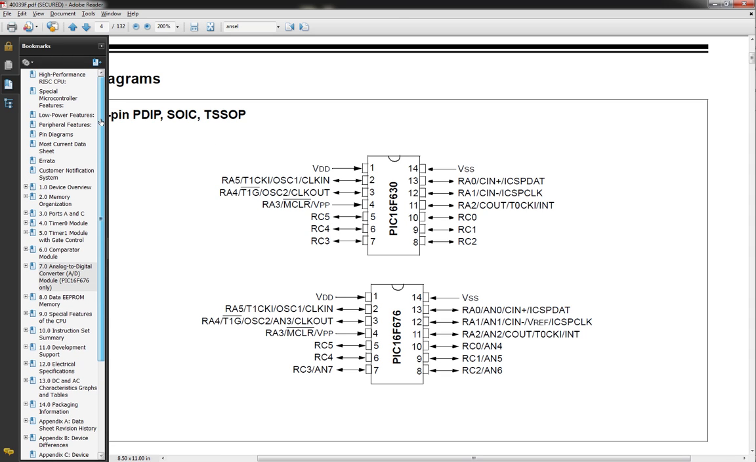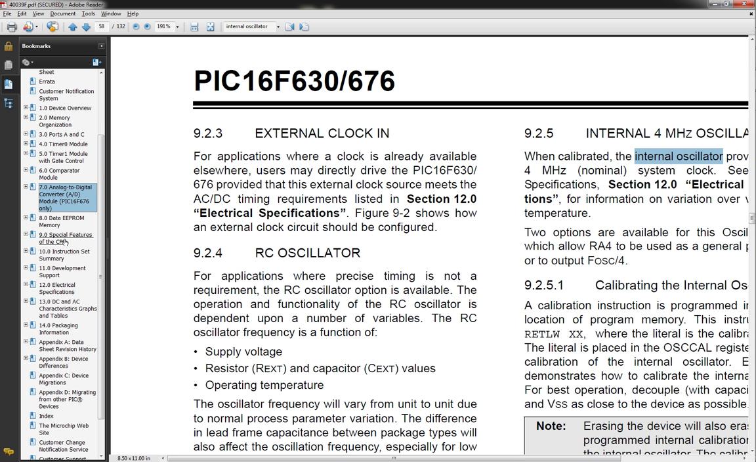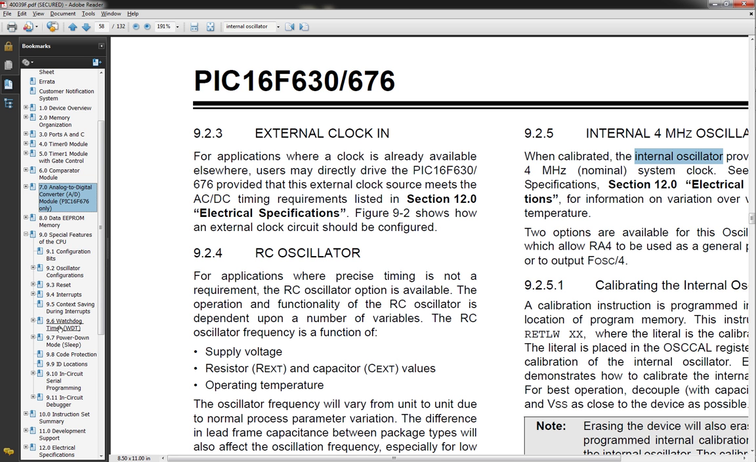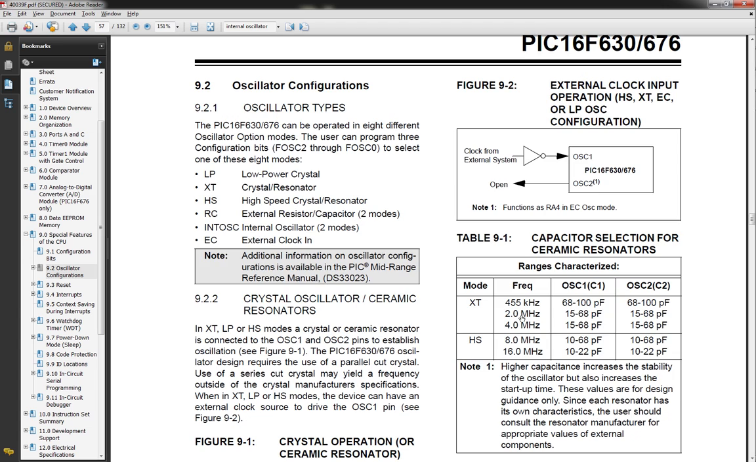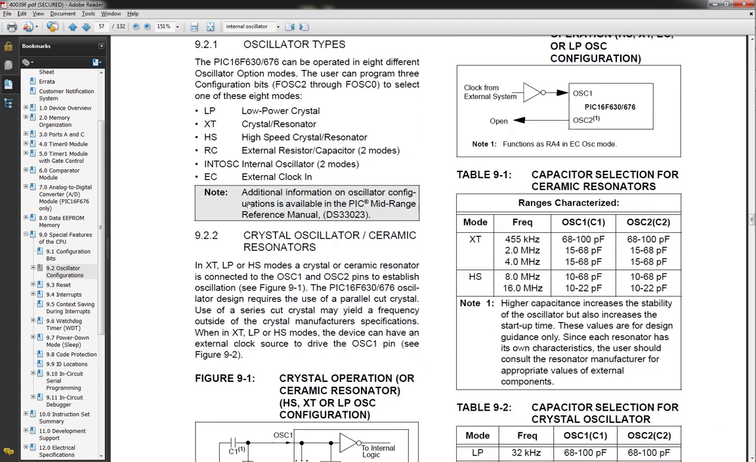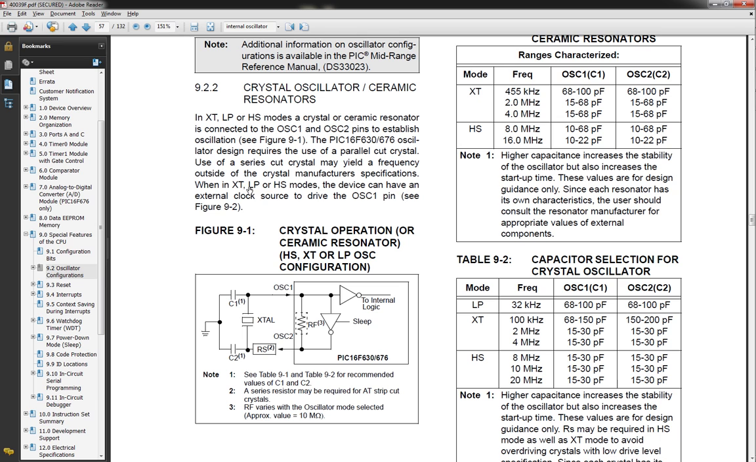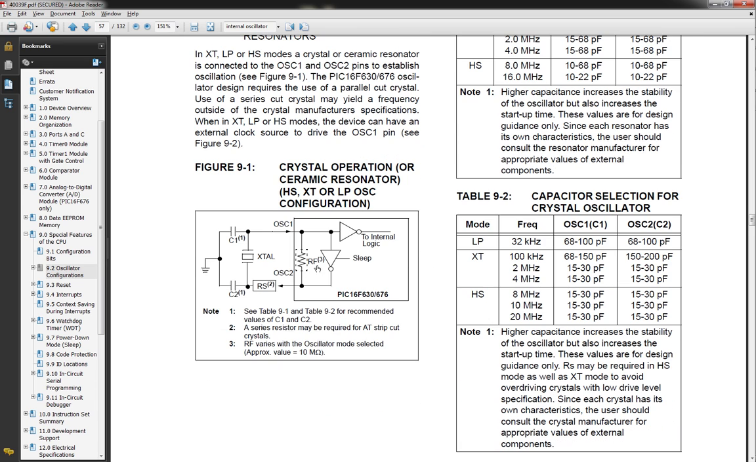It's in the timing, when it talks about the oscillator. See if I can find it real quick. Yeah, special functions of the CPU, and then you've got the oscillator configuration. There we go. And see, here's where you can see the oscillator configurations. Here's where it'll pass through, select for crystal oscillator. See, it shows you what the oscillator circuit looks like, and then it gives you the different frequencies you can